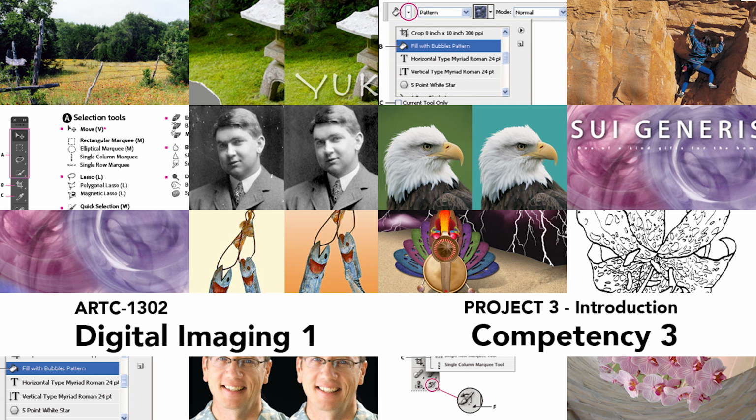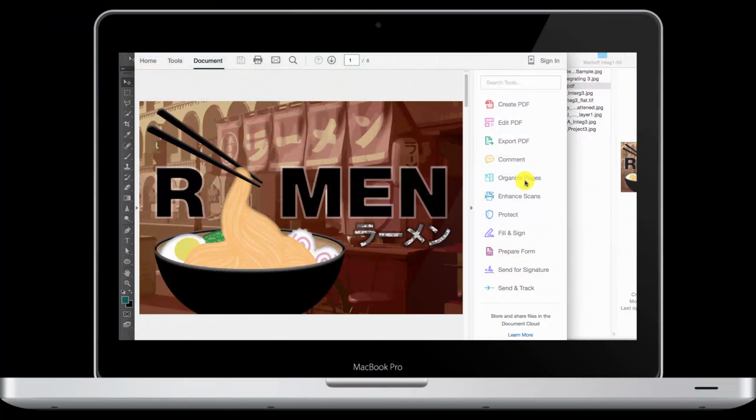In this recording, I'm going to introduce you to Project 3, and to start off, I'm going to scroll through a few examples from previous students. Basically, the project is called Wordplay, and the emphasis is upon creating a text-based document and using one or two main words. Create a subtitle that goes with that word, some kind of phrase that amplifies on the word. I want you to create some vector shapes.